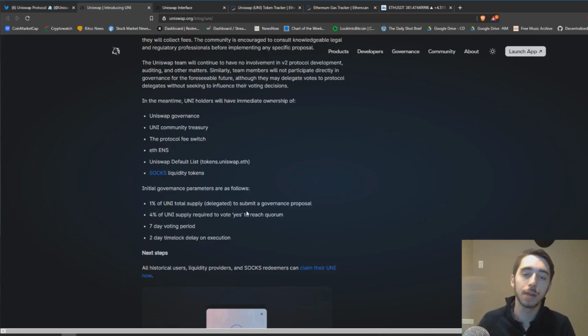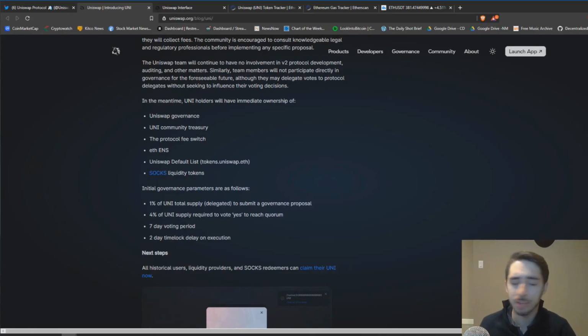So imagine it like a layered process. To get a submission in, you need 1%. To even get it out there to vote, to give some people some time to analyze it and see if it's worthy, you need to get 4%. And then after that, it's a matter of whether or not the majority of the token owners decide to vote in a policy. And again, I can't emphasize enough, the community focus here in the distribution of Uniswap's token UNI is so important in making sure that the system actually works. And I can't wait to see more distribution, see more participants.